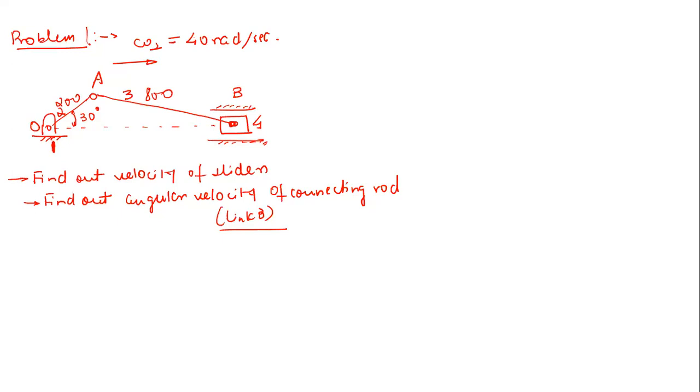First of all, a few days back I got an email from one of the students who was finding it difficult to draw the configuration. Either you go for velocity analysis by the IC approach, or by the graphical or vector approach. In both cases, you need to draw this configuration first on the sheet. Always remember, you first need to draw this entire configuration on the sheet.